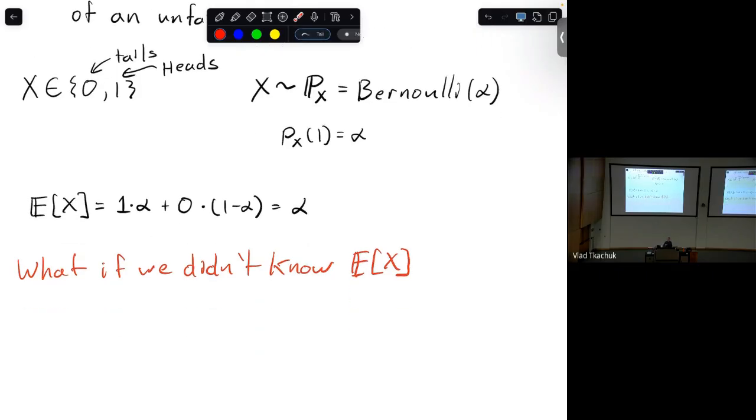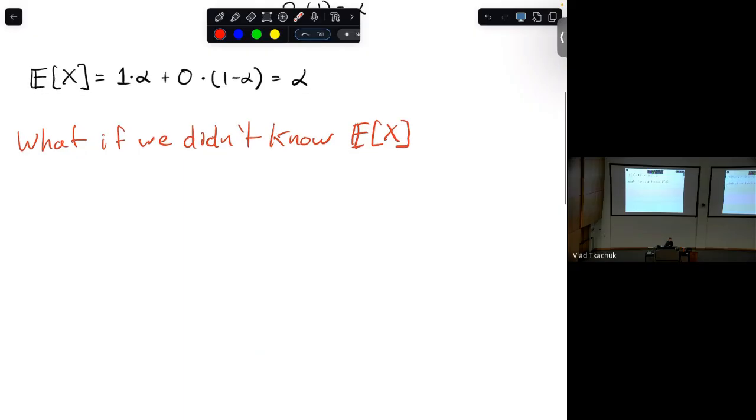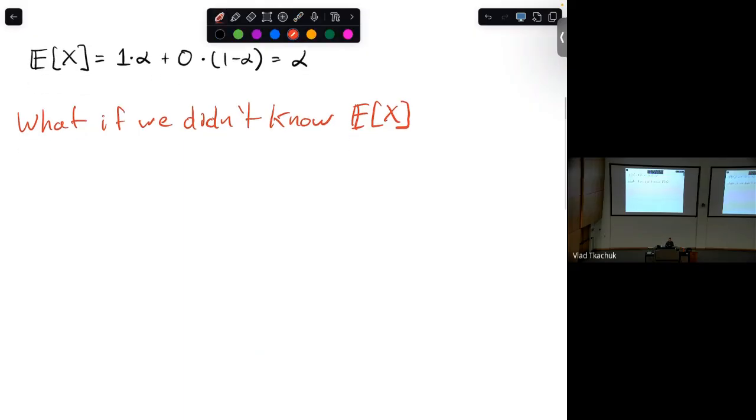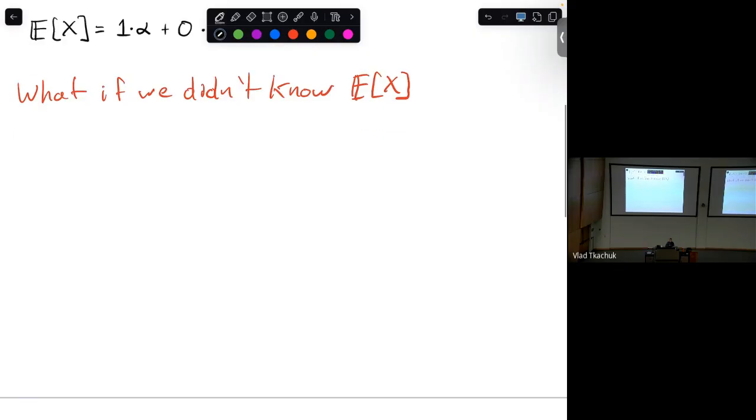I can gather data, like I have the Edmonton house prices. I can go gather house prices. And now I'm going to use that data to somehow estimate this thing. Okay, and now it's almost obvious what you're going to do, right? You're going to flip it n times, and then you're going to take the average. But let's formulate it in mathematical notation, because you'll see that maybe it's not as obvious as you think,